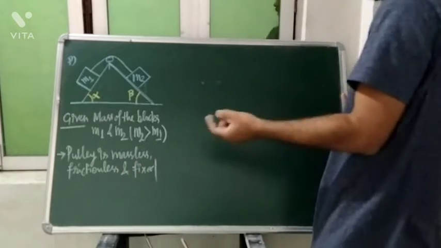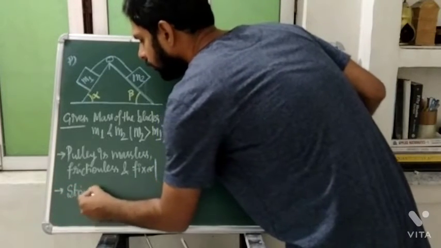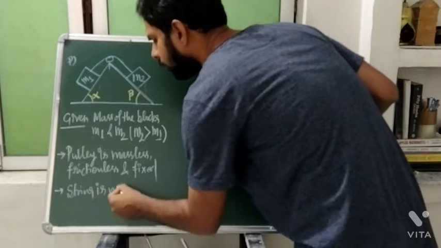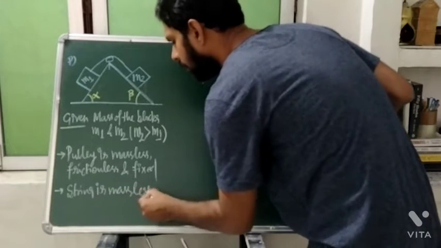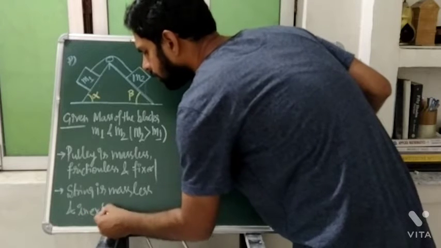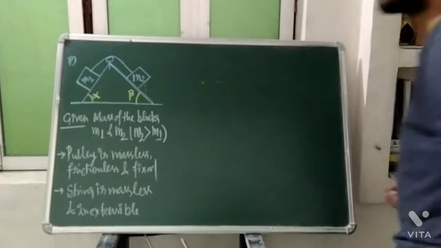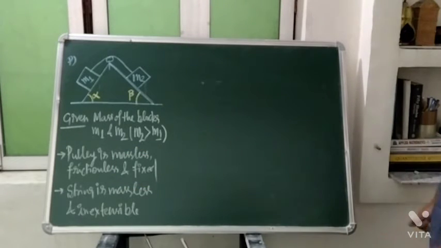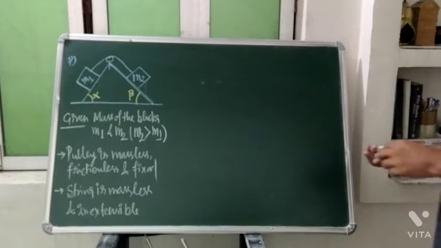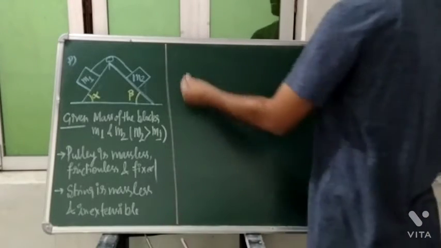The string is massless, the string has no mass, and inextensible. It is not stretching, not elastic. So these things will be given to us, and the problem will say to you to find